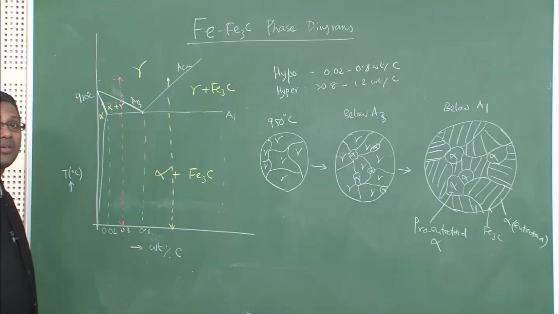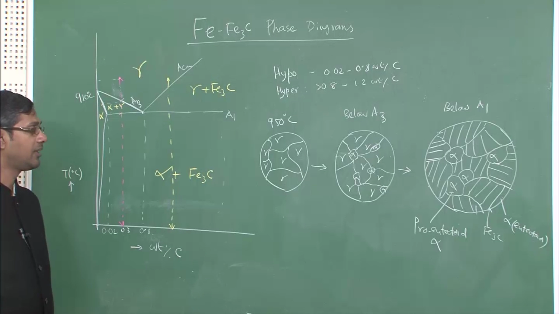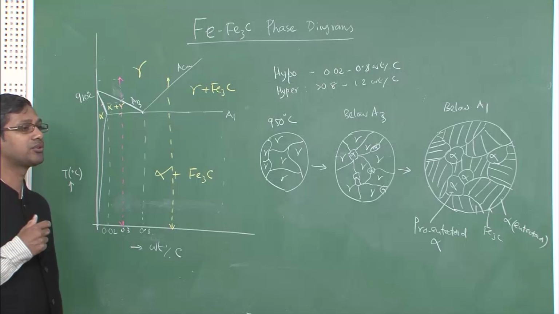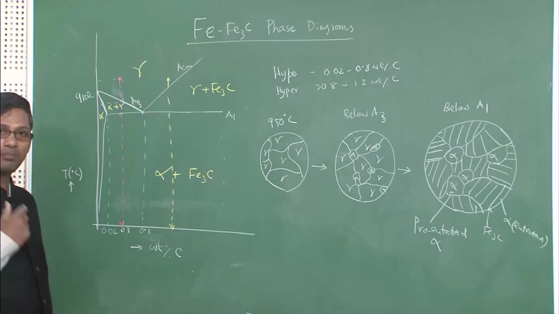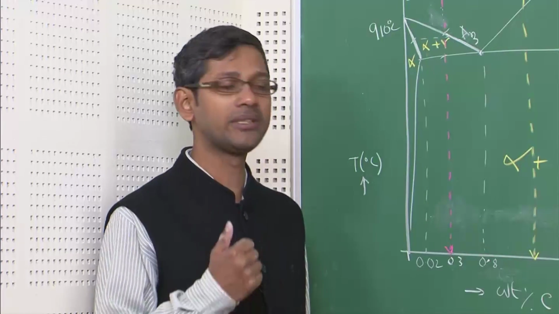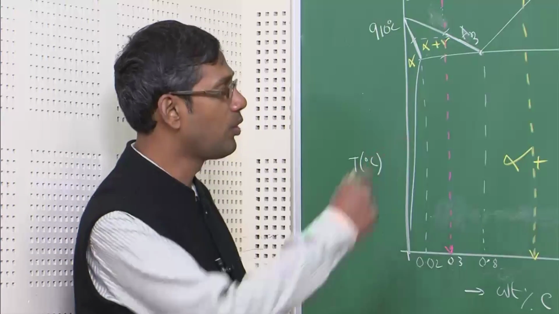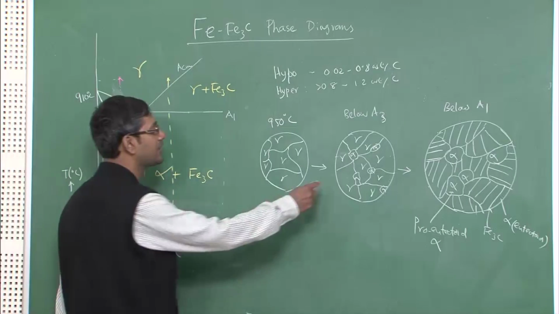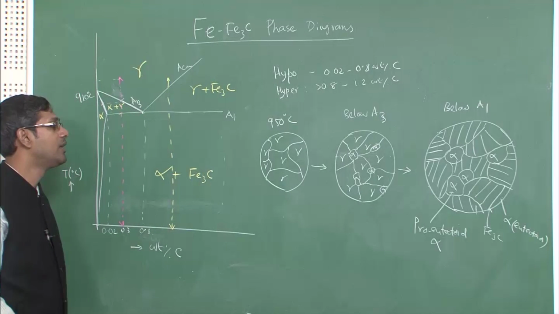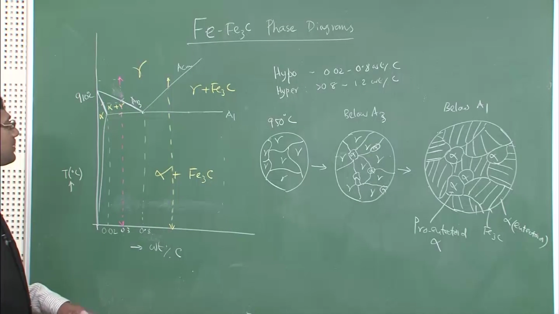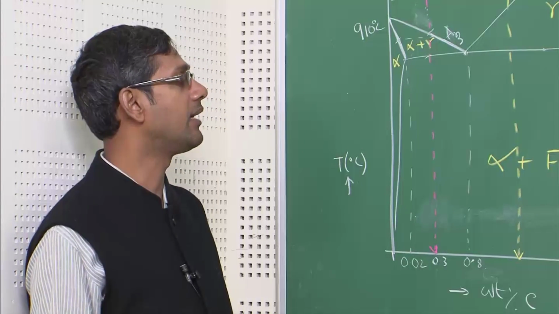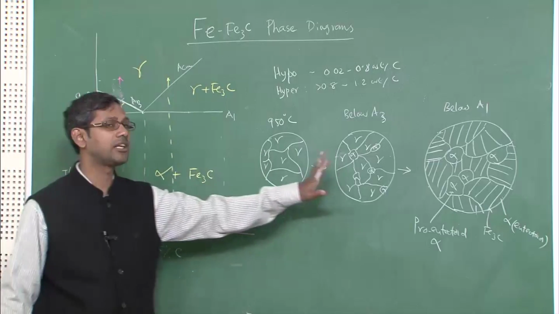Now, alpha can actually form in many different ways, and because the pro-eutectoid alpha phase controls the mechanical properties so importantly, it is important for us to know in what ways alpha can form. There are many ways alpha can form, and I have drawn only two: one is at the grain boundary, the other one is at the triple junction points. There are many ways alpha can form. So, before I go into how alpha forms, I just wanted to tell you that this way of transformation